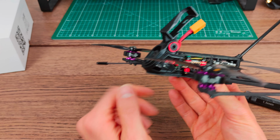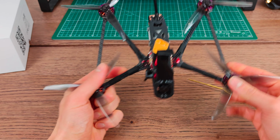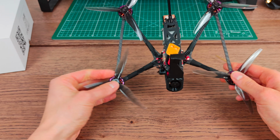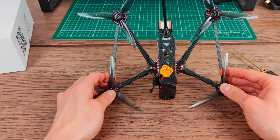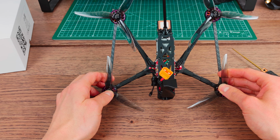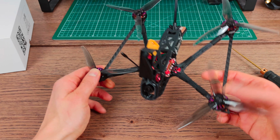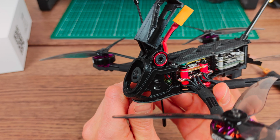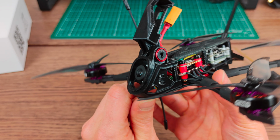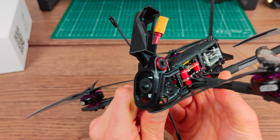The third feature of this frame is basically the front. So the front is very critical on dead cat frames because, obviously, you're not always gonna crash on the motors as you usually do on a regular X frame, but you're prone to crash on the front here. So special care needs to be put into the front. So this is why this is a TPU 3D print, so flexible material. And as you see, this is an absolute